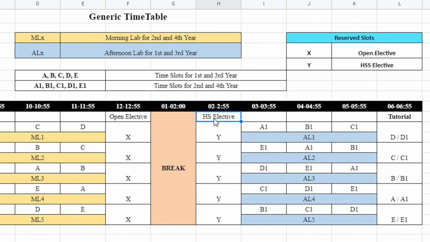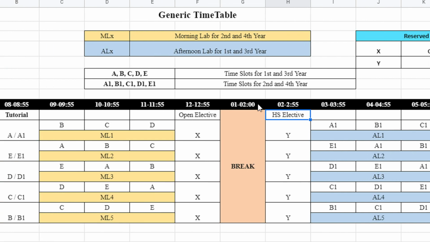The new students, when you enter IIT Patna, you will come to know. BTech final year already know what is an open elective and HS elective. For that, the slots X and Y are reserved. All right. So for the first and third year students, for BTech, and of course also for MSc, the teaching will take place in the first half, right? The first and third year labs will be placed in the second half, right?